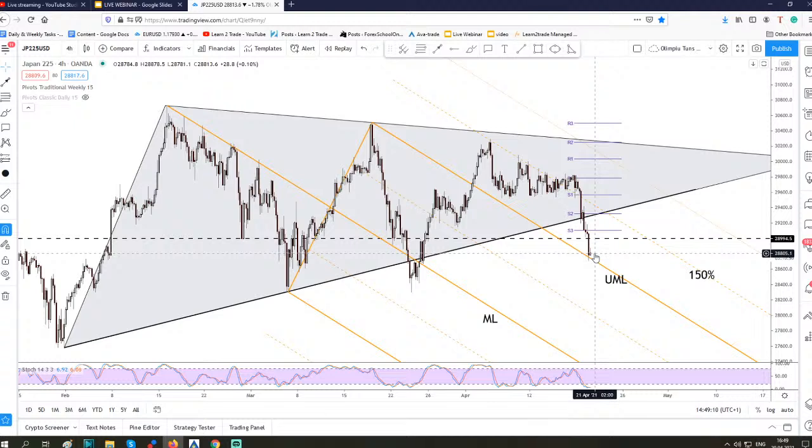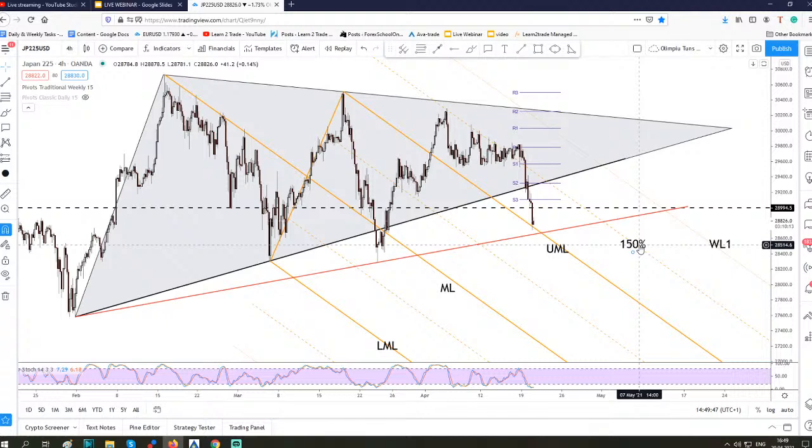The price has decreased here, and now it has retested the upper medium line of the descending pitchfork after failing to stabilize right above the 150%, after failing here to close and stabilize to make a valid breakout above the weekly pivot. And let's see how the price will react here, because it could reach this confluence area,